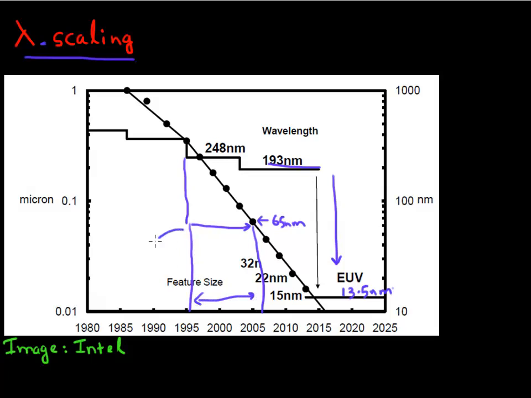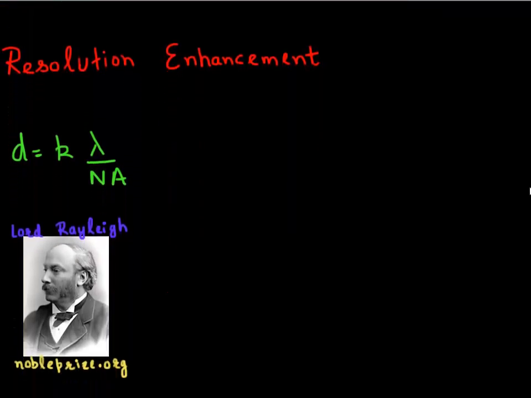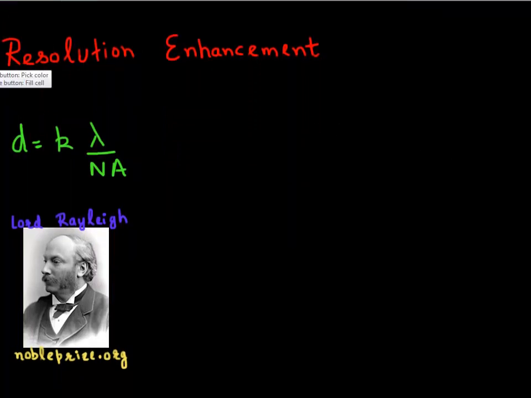And certainly we must have developed some tricks to manipulate light to print at much smaller features than the wavelength, and are we continuing to use those tricks as we go forward? So what I want to describe in this video are these resolution enhancement techniques, which are essentially a set of tricks which allow you to print spacing or achieve a resolution that is much smaller than the wavelength of light you're using. So all of that is governed by this simple equation, which is called the Rayleigh equation, given by